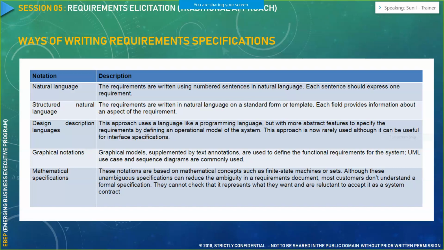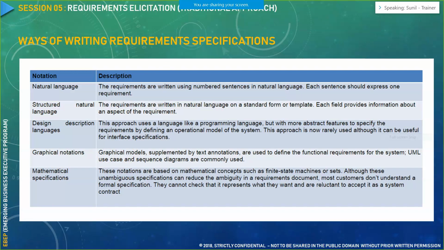So instead of writing 100 lines of requirement, if you put the requirement in a graphical format, like we just saw the HR management system process flow, if we would have put it in a graphical manner, it would have been very easy to comprehend rather than reading through all those 11 to 12 steps. So this is being extensively used and is one of the ways of writing the requirement.